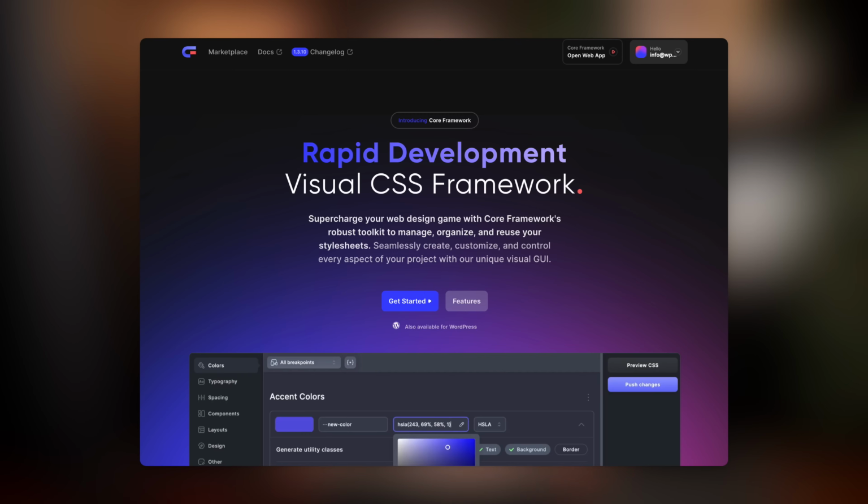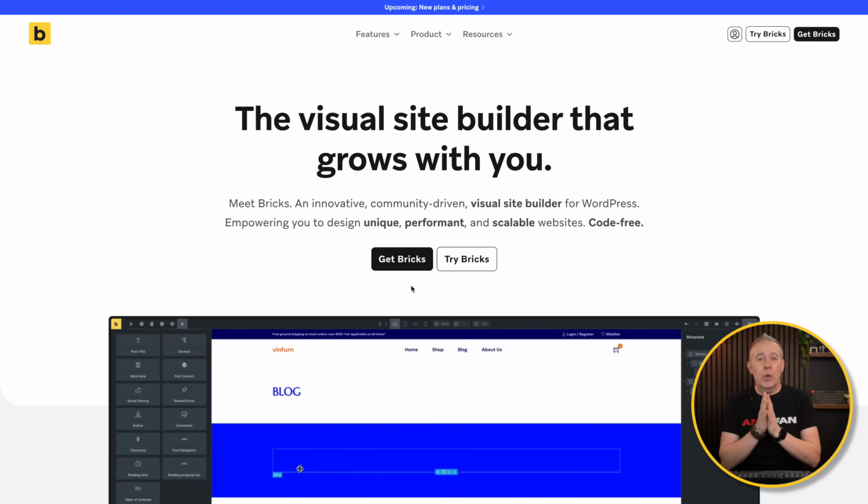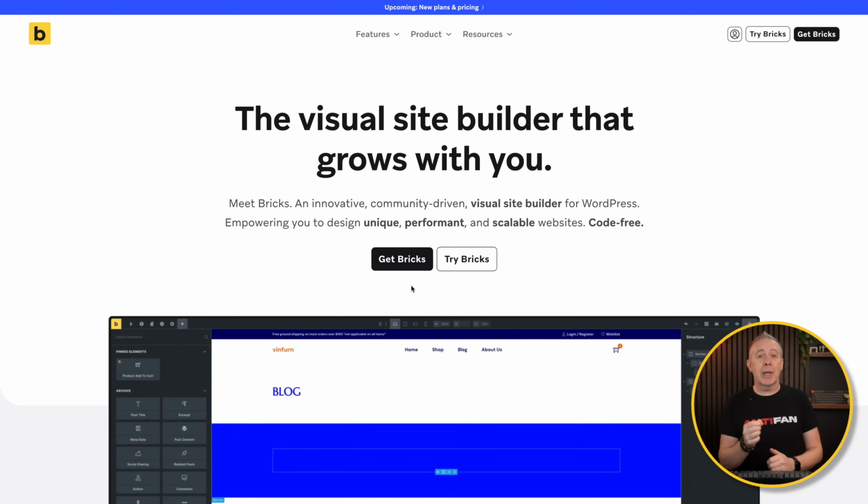In this video, we're going to take a look at how to get started using Core Framework. It's a CSS framework that speeds up the design and development of websites. Now, you can use this in Gutenberg, you can use it in Oxygen and various other tools. We're specifically going to focus on using it with Bricks. But a lot of the fundamental things I'll cover will be applicable no matter what platform you actually want